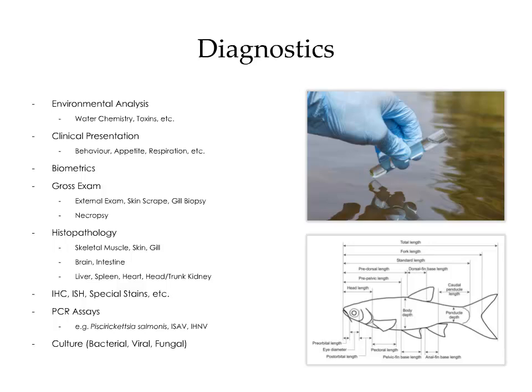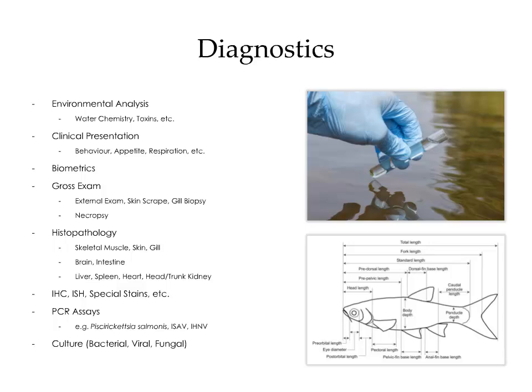Biometrics are used to monitor growth and development. One of the most common measurements is the fork length. Now, the fork length is the distance from the tip of the snout to the fork of the tail. The image on the bottom right illustrates some of the other measurements that are used and why it's important to